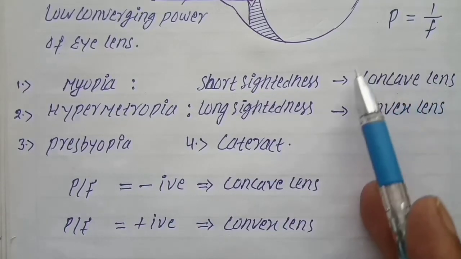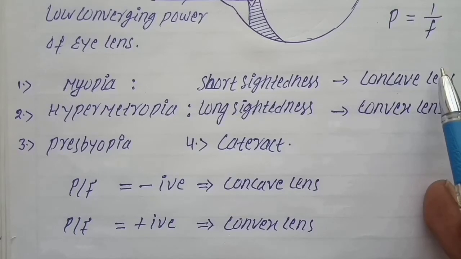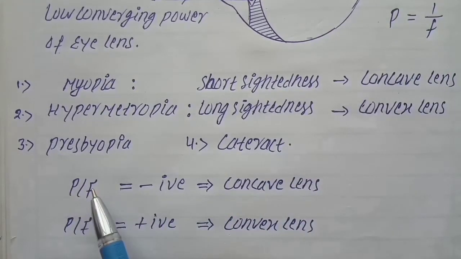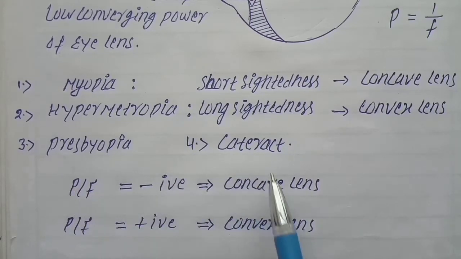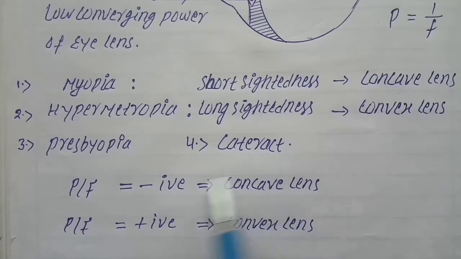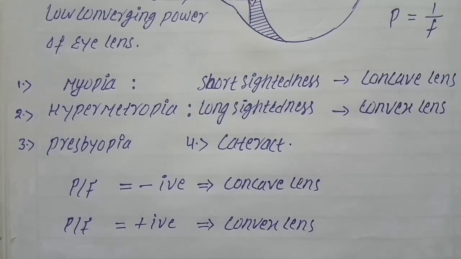We can also recognize the concave and convex lens on the basis of power and focal length. Let's see. If power or focal length is negative, it will indicate a concave lens. And if power and focal length are positive, then it will indicate a convex lens. For example,